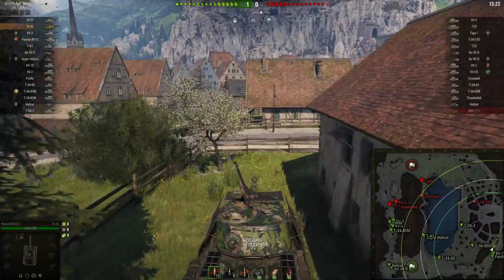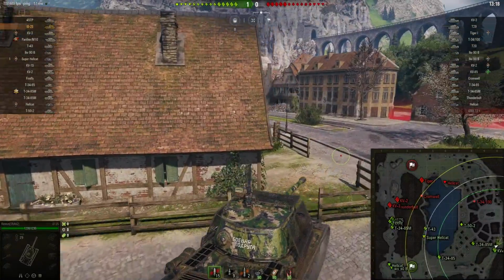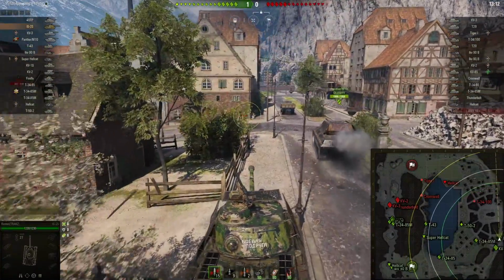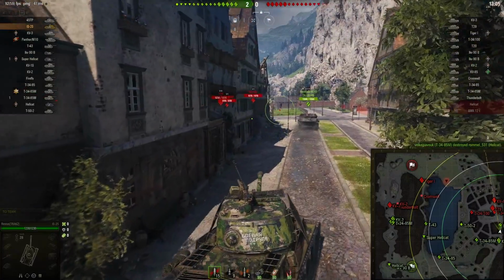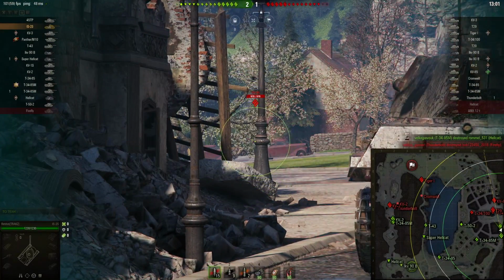Now, how can it be dominant? Because I looked at this and I played it, and I can't hit anything with the gun. The gun stats are horrible. The soft stats, the aim time, the dispersion, all the penalties when you move your turret, when you traverse your tank, when you move your tank. How do you hit anything to rack up the damage? Well, when RNG says yes,